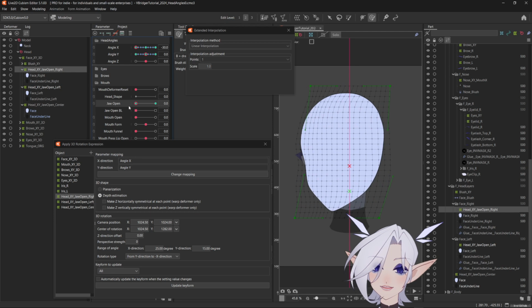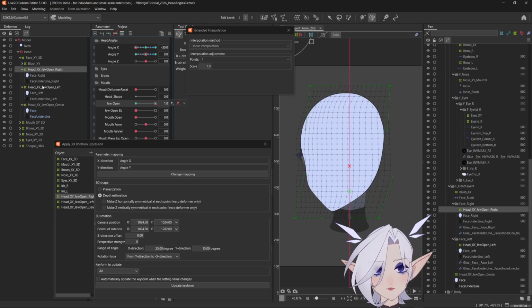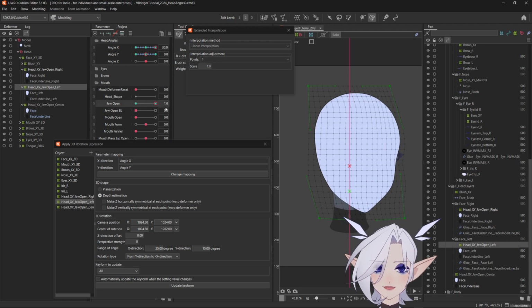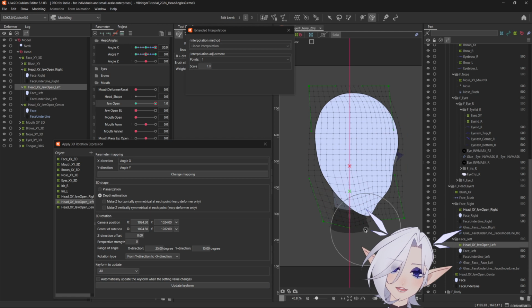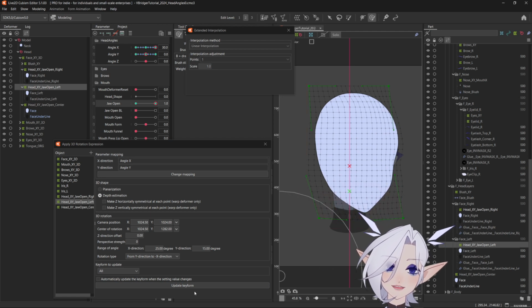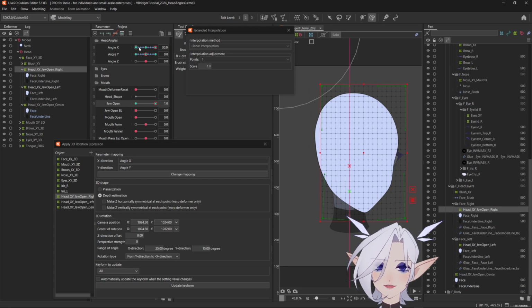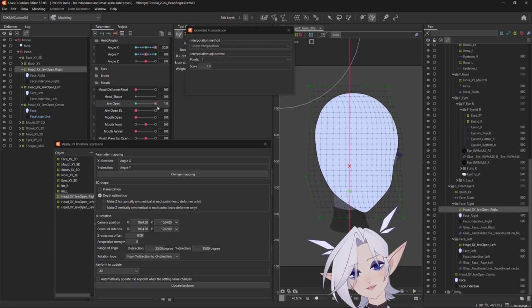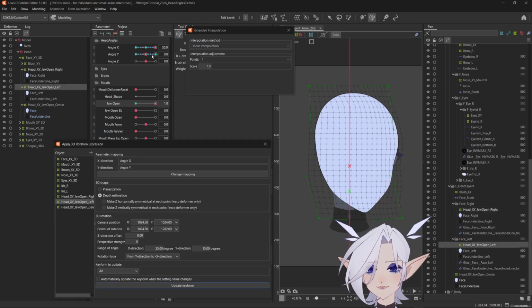Of course, I didn't copy the jaw over, so the jaw is still broken on the right side, so I'm going to copy the left open jaw, which I also need to fix because I did a bunch of tweaking and I didn't apply that to the jaw open. So I'm just going to fix the jaw open on the left real quick and then copy it over to the right. And then I'm going to change my mind a bunch and tweak the jaw open because